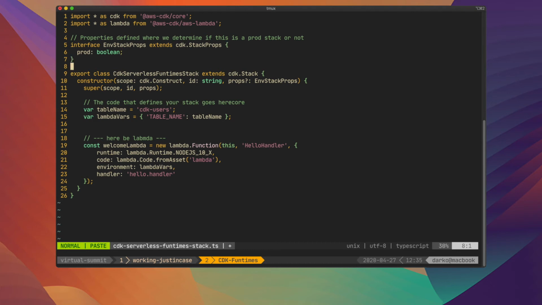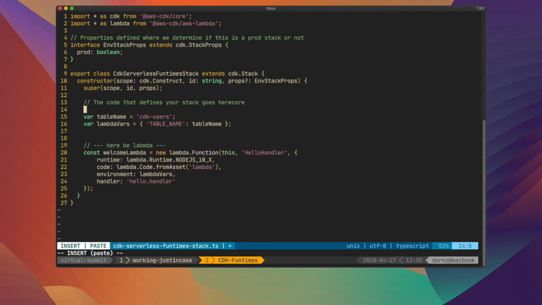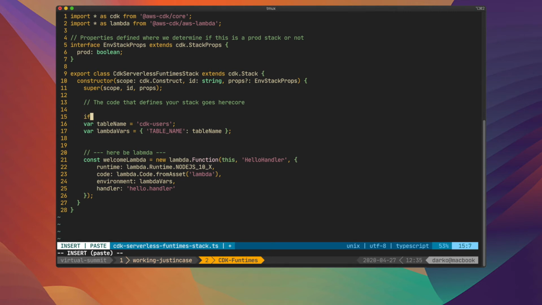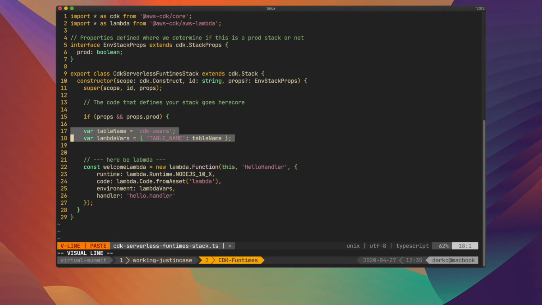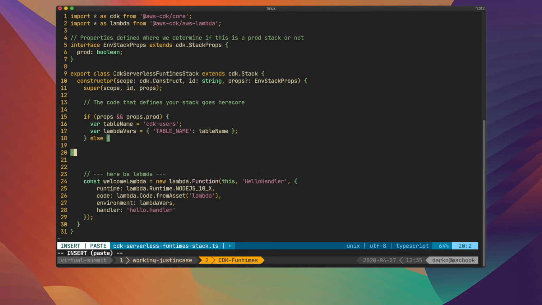Cool. Now the prod variable can be taken in by the stack. Okay, so what do we do with that? Let's actually use these variables as part of this entire story. So if I do this, I can just do it like this. If props.prod equal true, right? Then we're going to move this like that, and insert, and so, right? Else, we can take this,